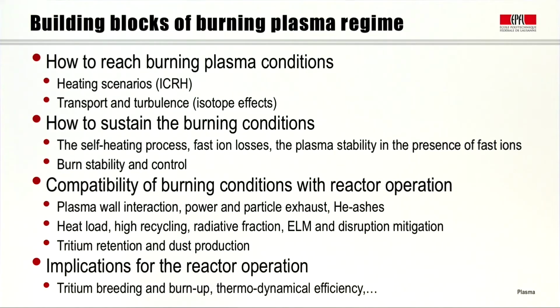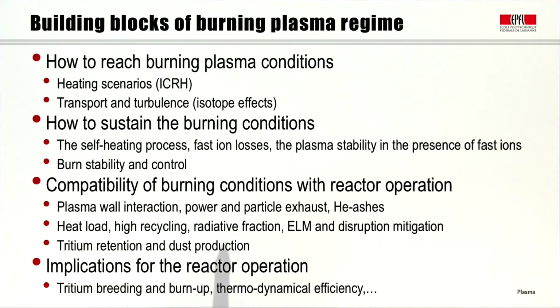Now, thinking about the reactor, we need to make sure that the conditions for the plasma to burn are compatible with the operation of a reactor from which we want to extract energy. I'm thinking about the interaction between plasma and the wall, the exhaust of power and particles, how we get rid of the helium ashes, for example, in particular, helium ashes being essentially the alpha particles that have given up their energy by collision and that we don't need anymore in the plasma. We need to worry about the heat loads, the high recycling regimes in which we have a lot of particles re-injected in the plasma due to the interactions between the plasma itself and the walls,